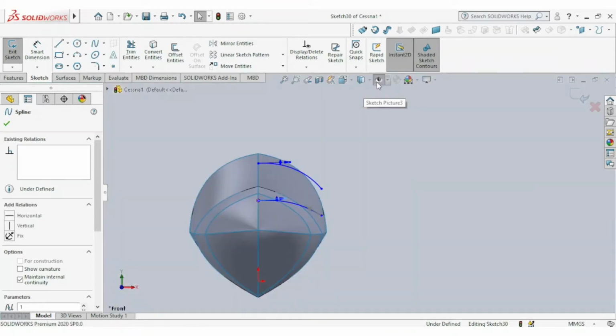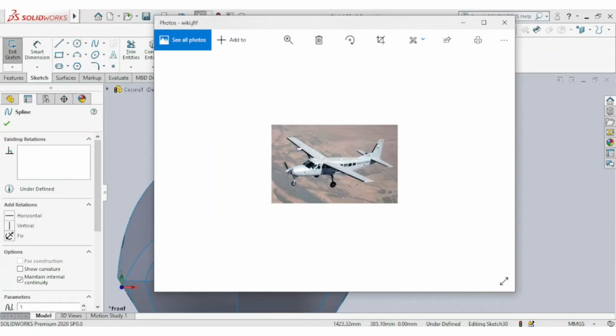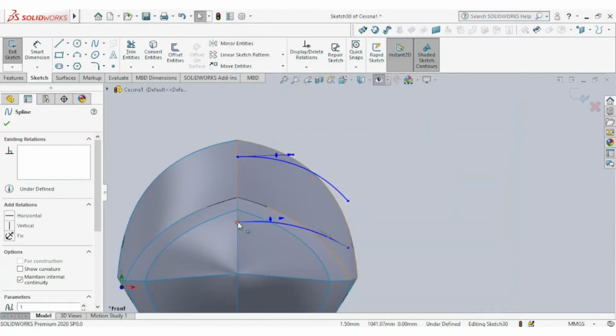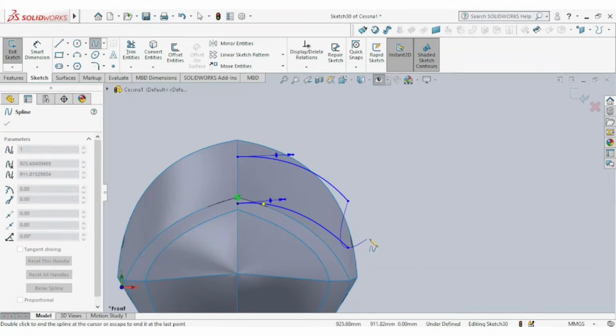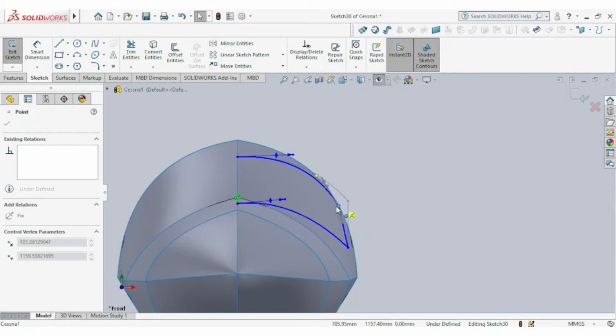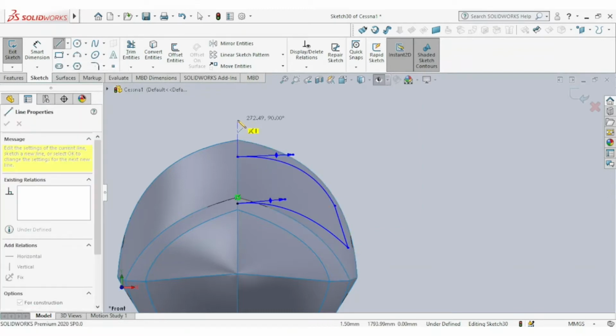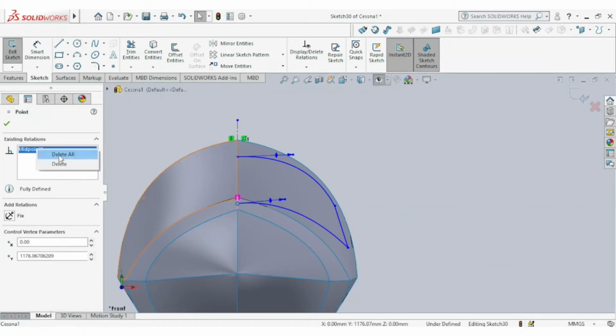Okay, let's this and just opening. Okay, so okay, pick a center line and use it as a mirror reference.